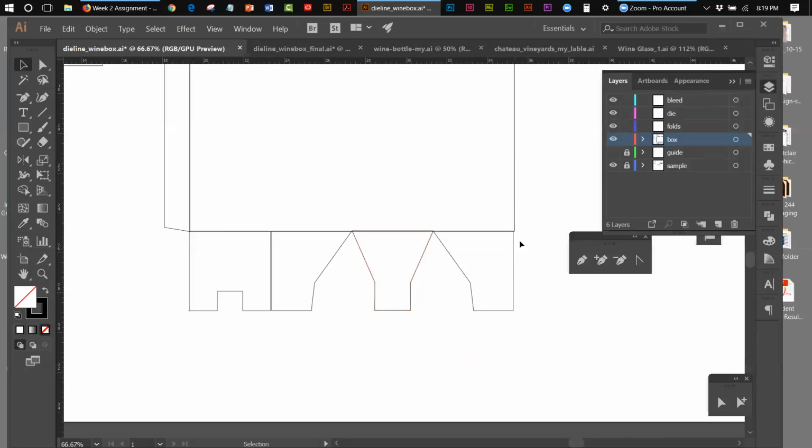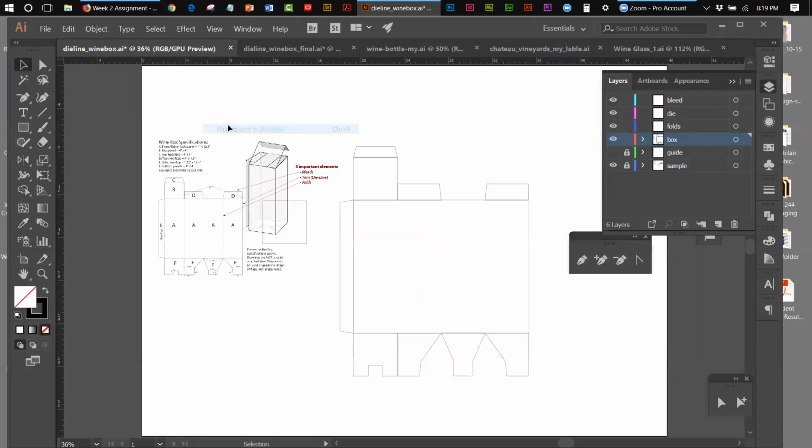Okay, so let's take a look at what we have. Let's go to the View menu, let's fit artboard and window. So this is what we have, and if you take a look at this, it's very close. You know what I mean? As a matter of fact, it's pretty much on the money. That's it. That's the piece. So the idea now is that we have this box made. So what I want to do is I want to create the die. I don't want to lose this box because I put a lot of work into it,